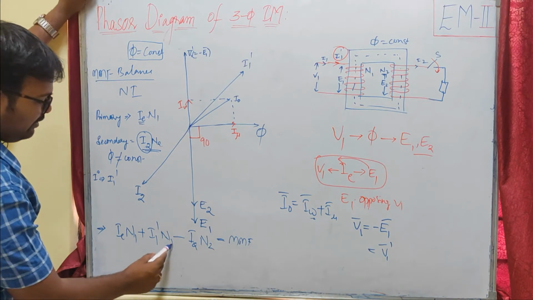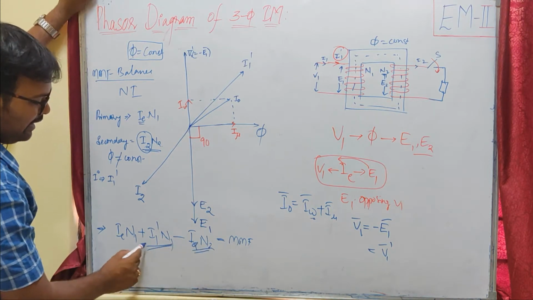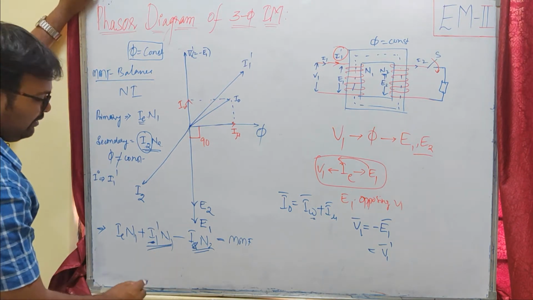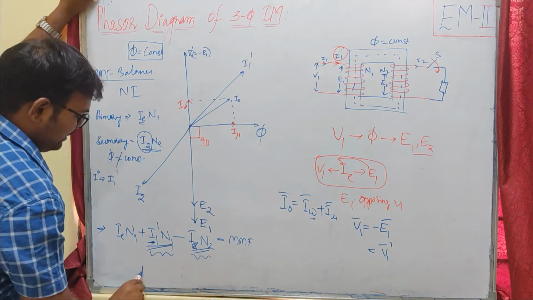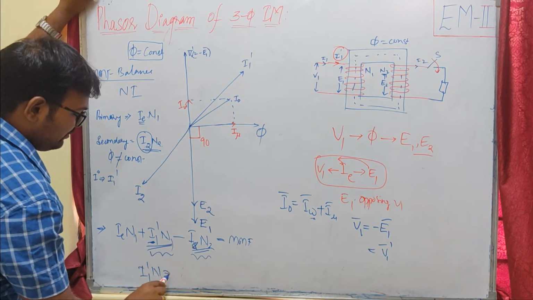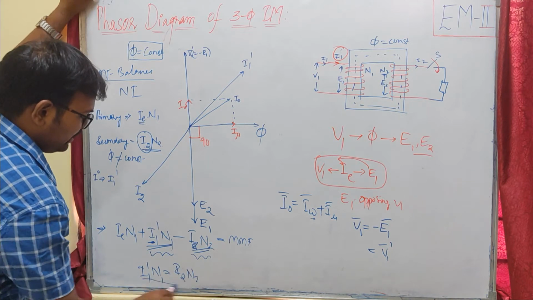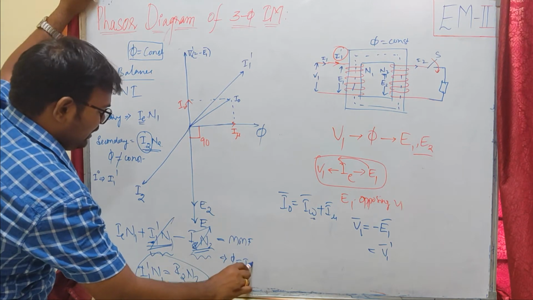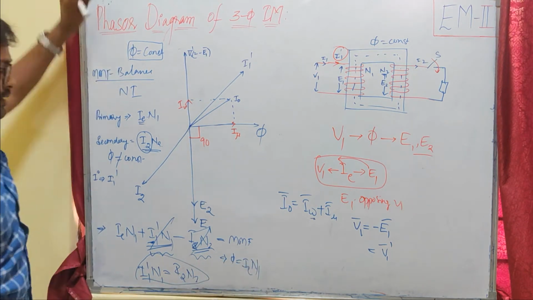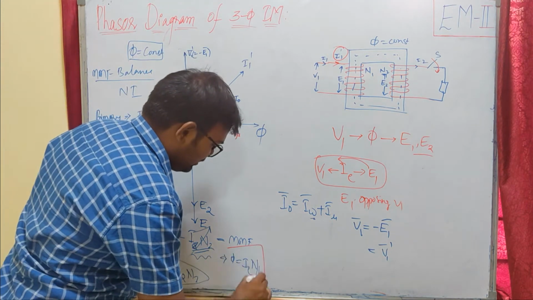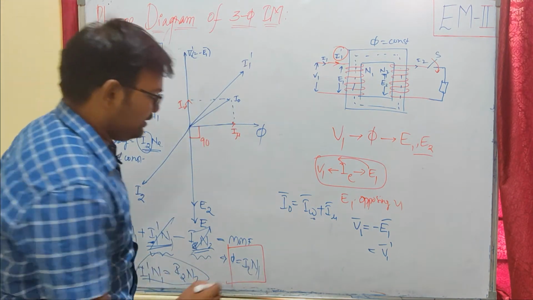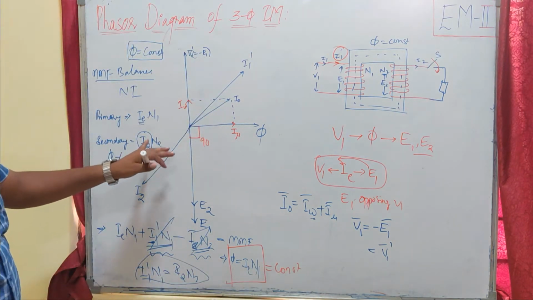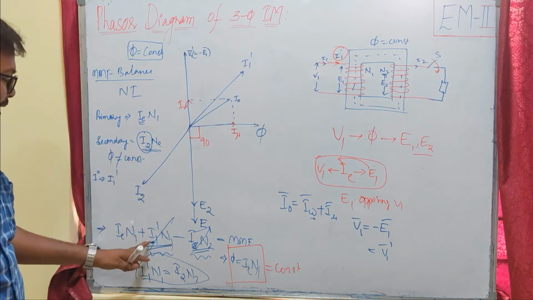Whenever our secondary is demanding a current, our primary draws this current, which will be equivalent to I2. That means these two MMFs will be equal. I mean to say I1 dash N1 equals I2 into N2. So whenever these two are equal, they get cancelled. The resultant MMF will be due to I excited, that is I excited N1. So the resultant MMF in the ideal transformer is due to the excitation current only, which is constant. That means the MMF created by the load current will be balanced by the primary side load component current.